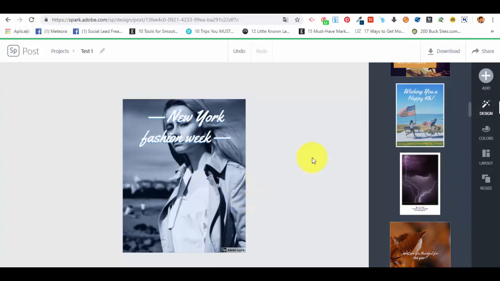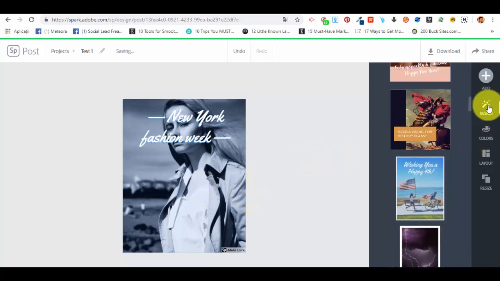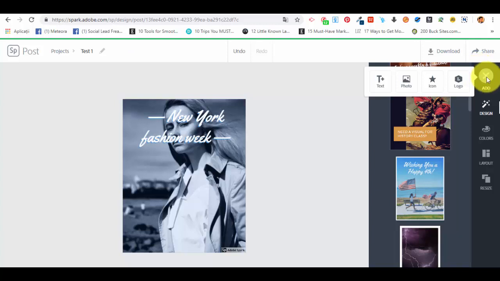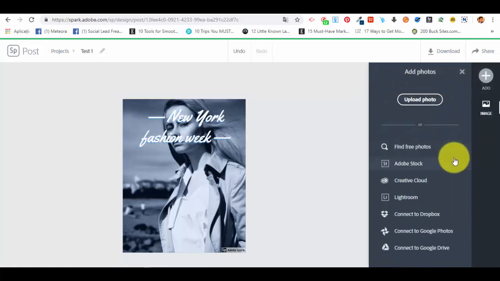Let's say that this one is the one that we want from the design. Now what we can add, if we go with our cursor on the add section, we can add a logo, an icon, a text, or photo. Let's say that we want to add a photo. We can search for free photos,